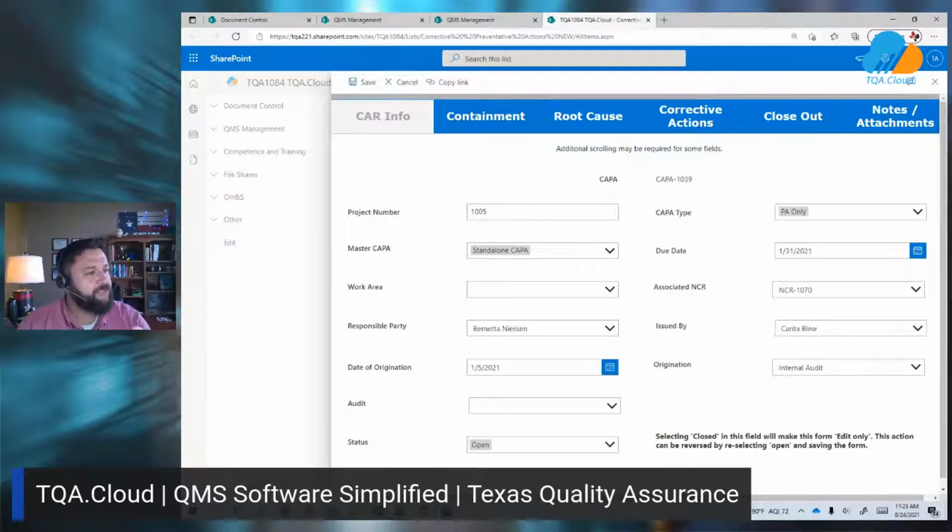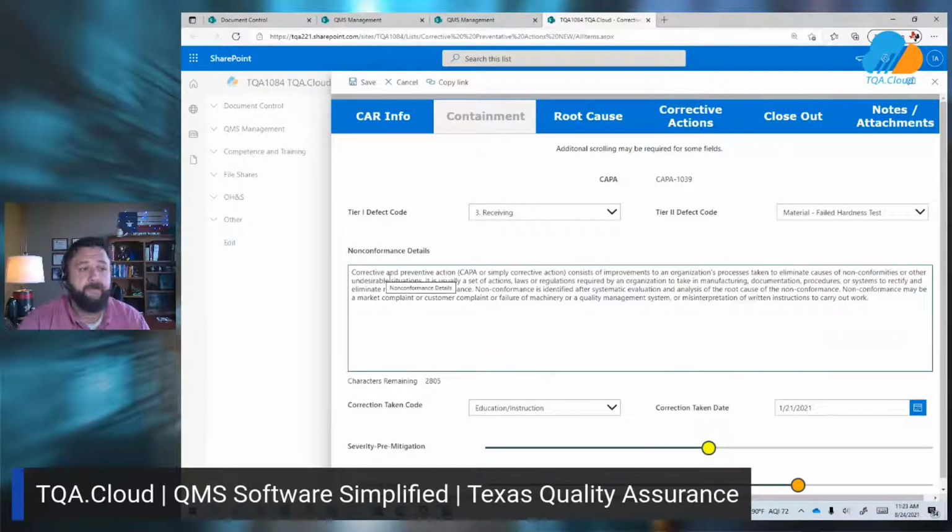I have a question here about how many users can access and use the site at a given time. So we will come back to that here momentarily, and I'll discuss some of the pricing on it, but there really is no hard limit of how many users can access the site. It just depends on the package that you're working with, and I promise to get back to that here in just a moment. So let's take a look at containment.